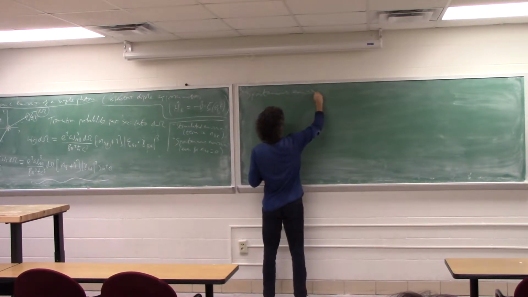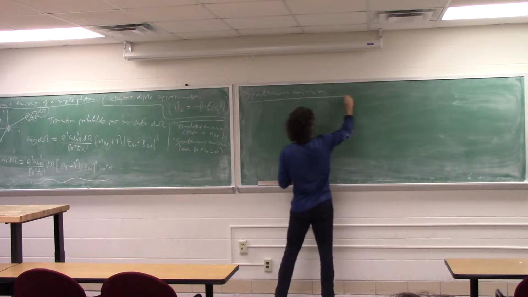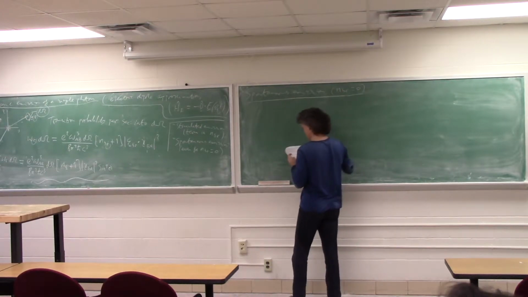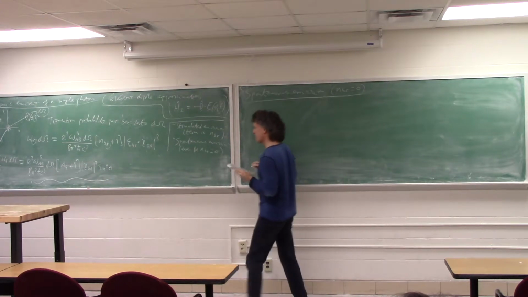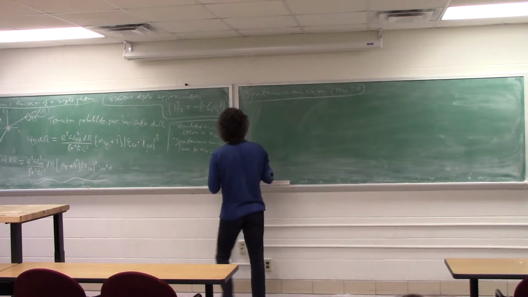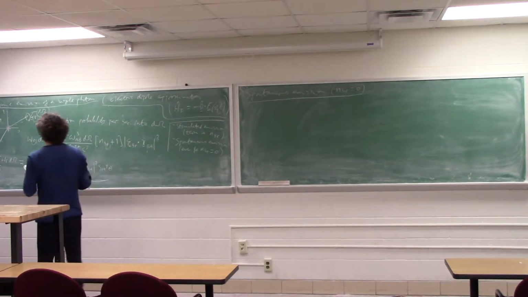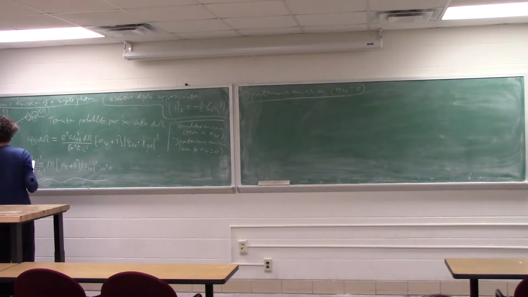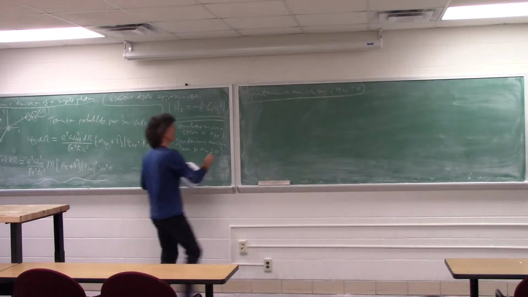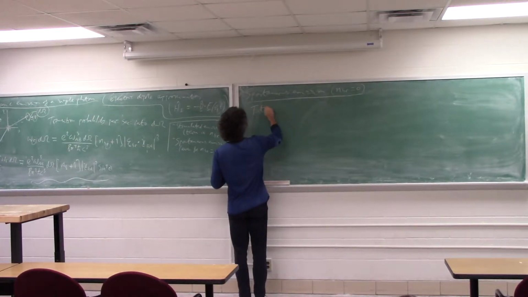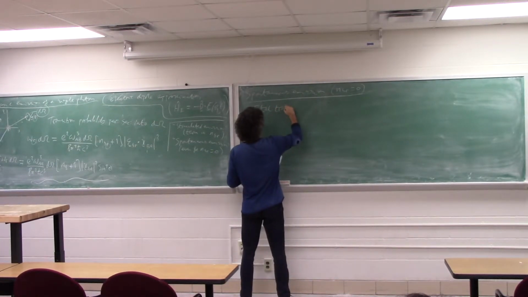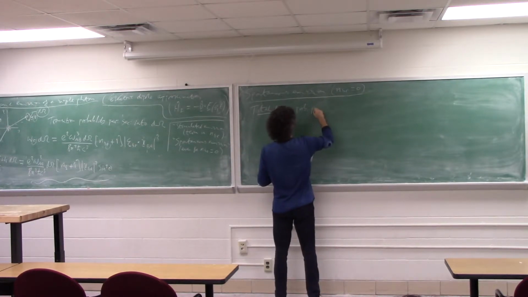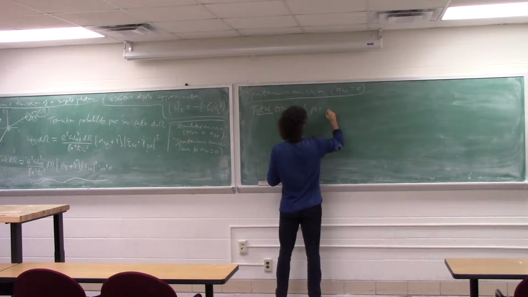So what do we have? We have simply the total transition probability per second